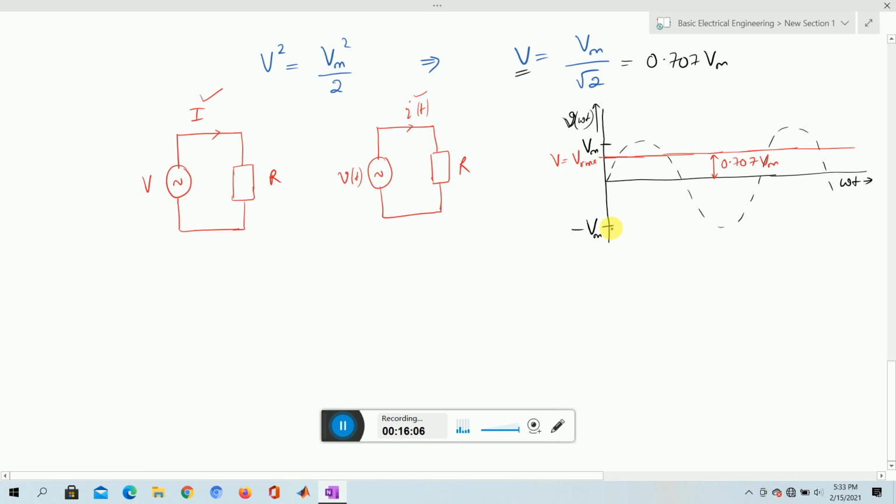Now in the next video we will learn about how to find the average quantity. Average is equating the charge during the positive and negative half, or the charge transfer from 0 to any time t. So that is finding the charge transfer, which we will learn in detail in the next video and subsequent videos.